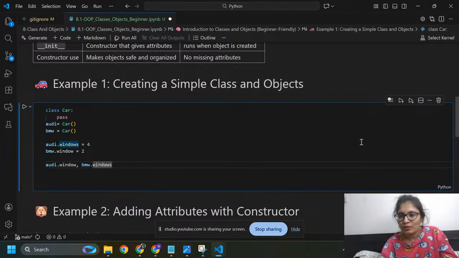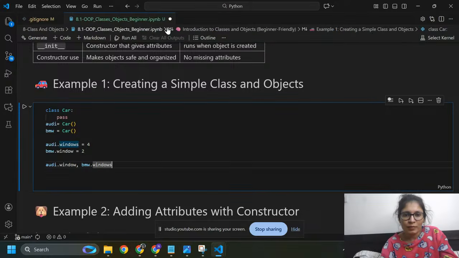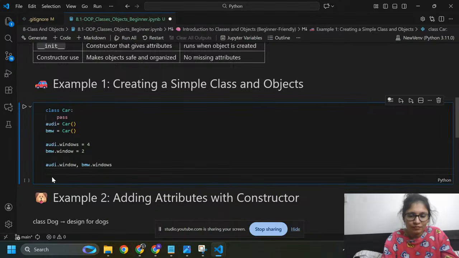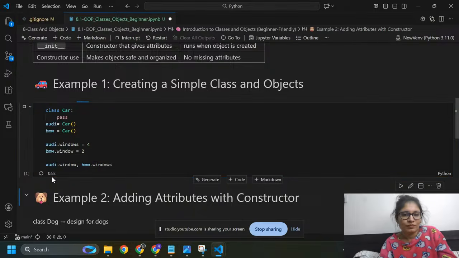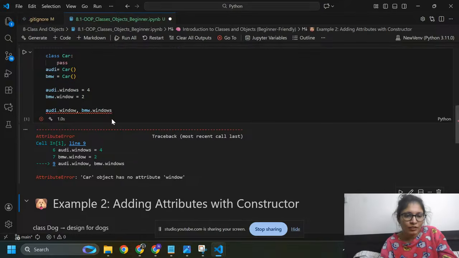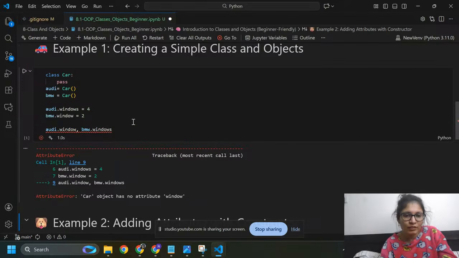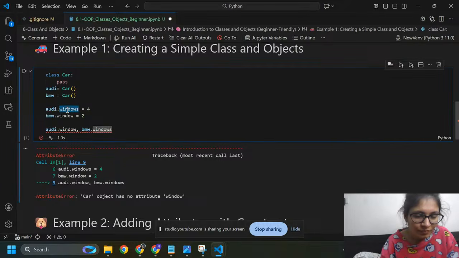Okay, so this is our first program. I need to select the Python environment in the cursor. The error says Car object has no attribute window. It will work after we create the object properly.